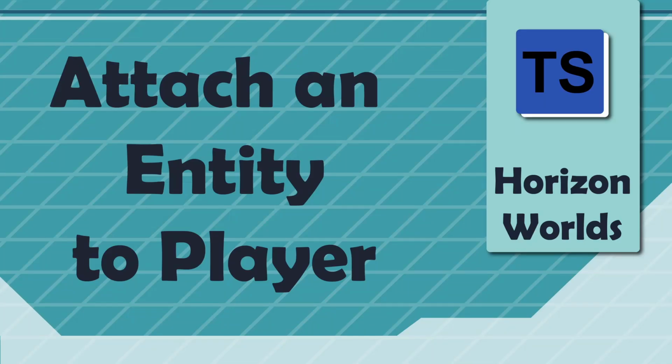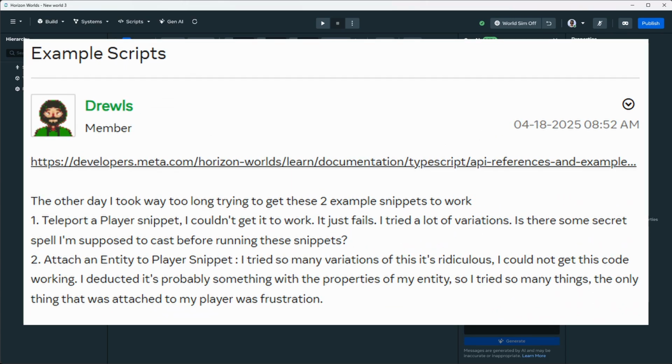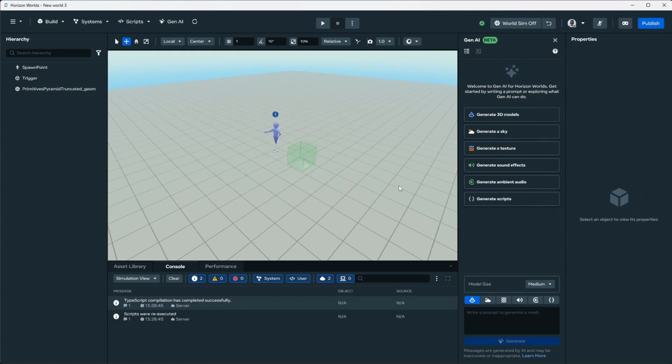Hello everyone, today I'm gonna teach you how to make an attachable entity attached to a player. So I made this video in response to a comment I read from Drew. He was asking how to use a snippet that's provided on the documentation Horizon provides, but he got a